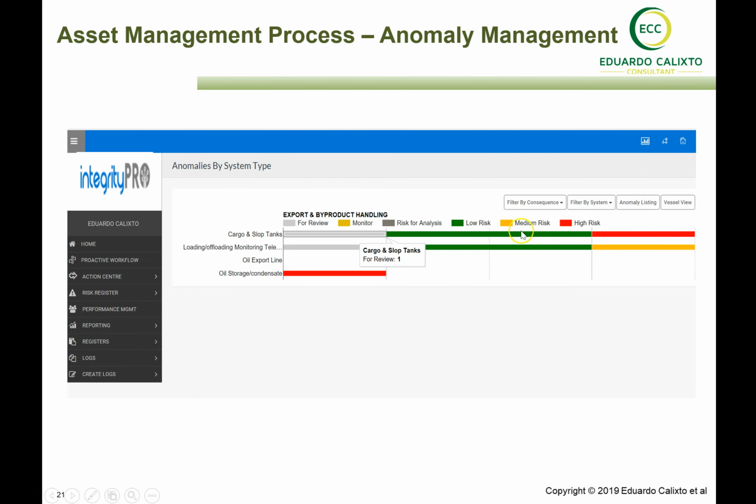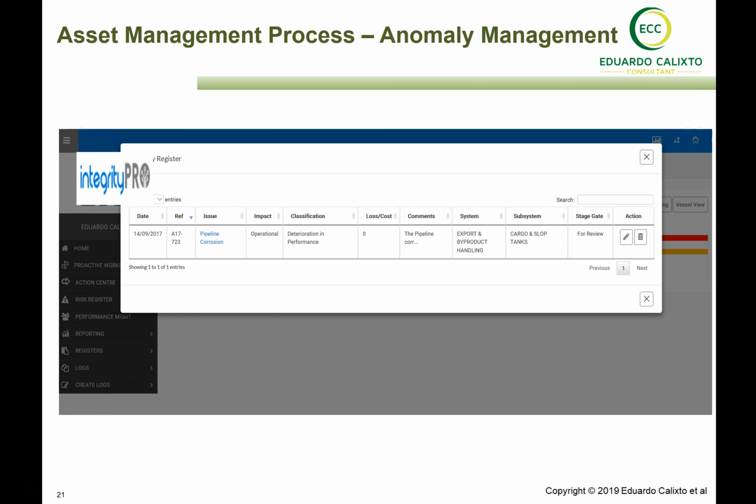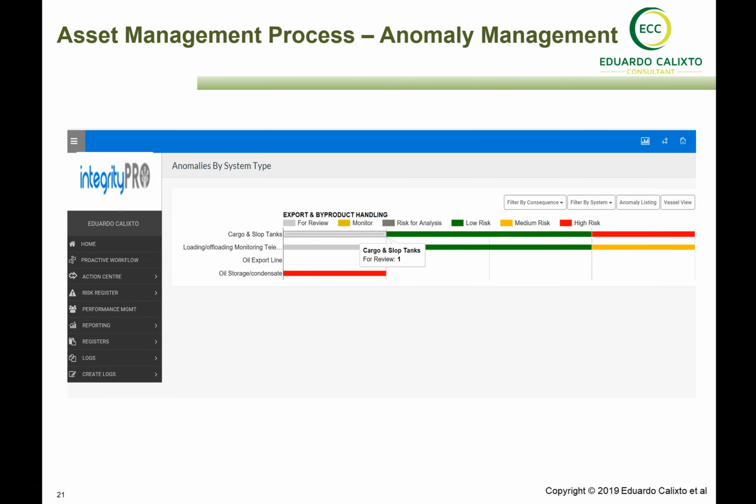Maybe some of them are also ready and need to be put in here, but that makes it much easier and faster for the leaders to look at their group of assets and the systems they are responsible for, see which are the big issues every day, prioritize, and start to manage their team. So here, and again, if you look